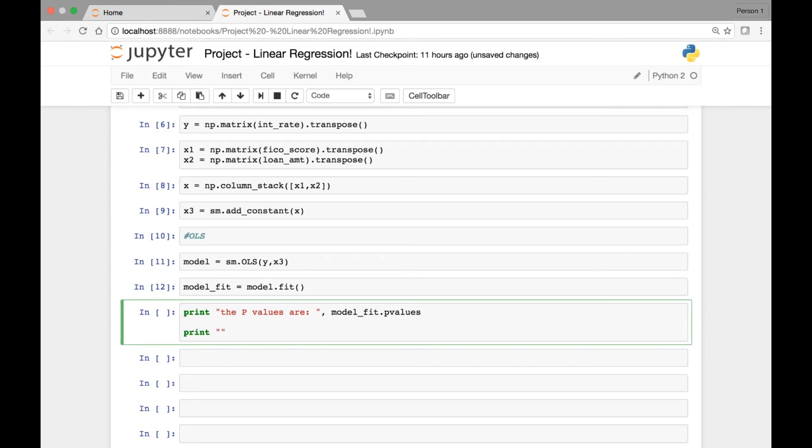So print the r squared value is, and then we call the r squared method on our model fit. So model underscore fit dot r squared. Okay,